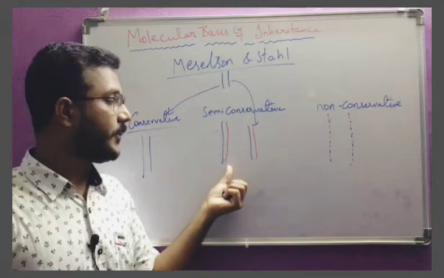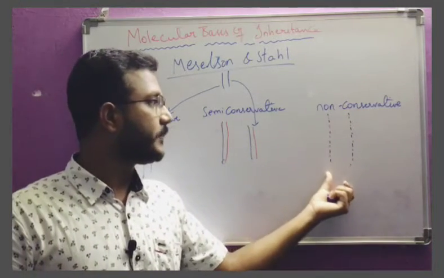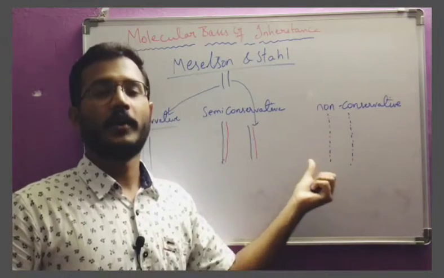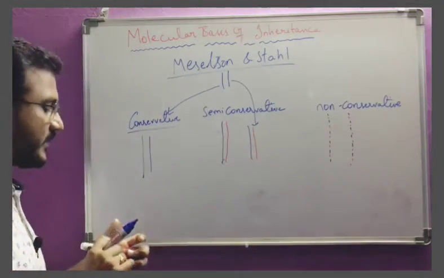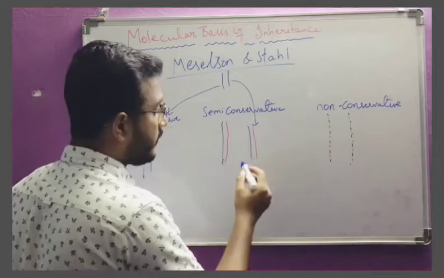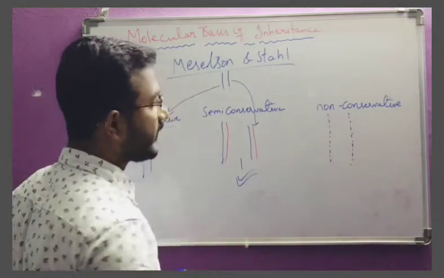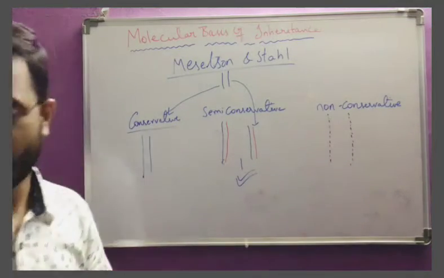Completely here the new strand is formed and the complete parental strand will be like this. But in the non-conservative method, in the single strand itself, we can observe the parental and new offspring strands. So here, the scientists Watson and Crick had given the model of semi-conservative method only. So to prove this semi-conservative method, they had conducted an experiment, that is a famous experiment, we can call it as